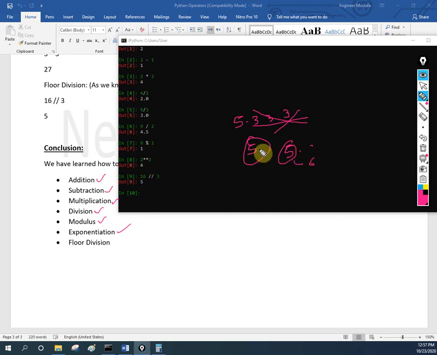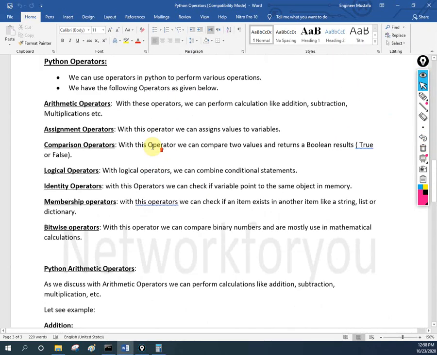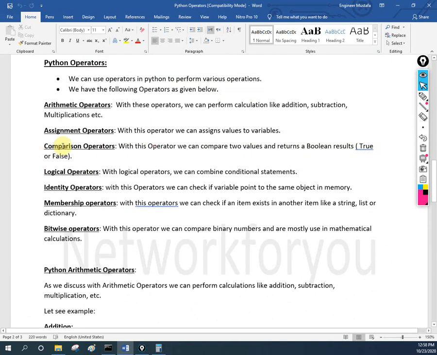That we are going to see, but now you need to have the idea that these operators are supported by Python. In our coming classes we are going to use these types of operations. So in this class we learned this. In the next class we will have the assignment operator. If possible we will do assignment as well as this one in one class. If not, we will go one by one. Every week we will have this.